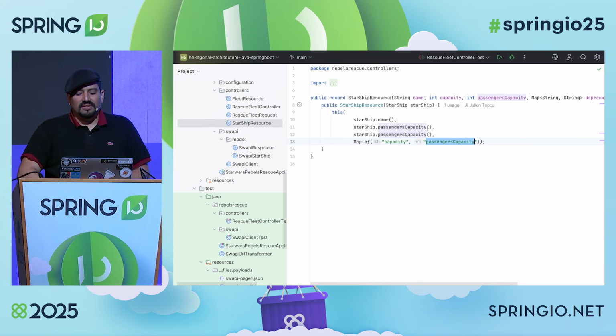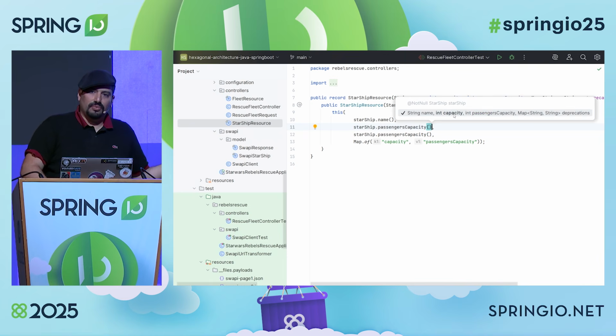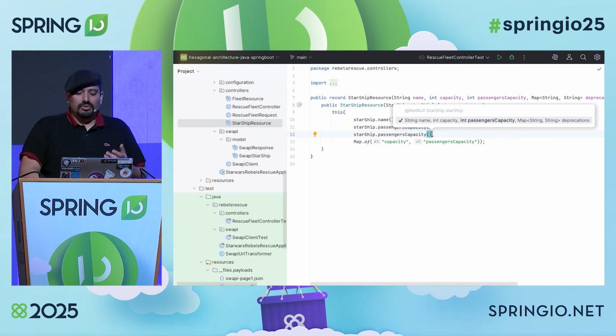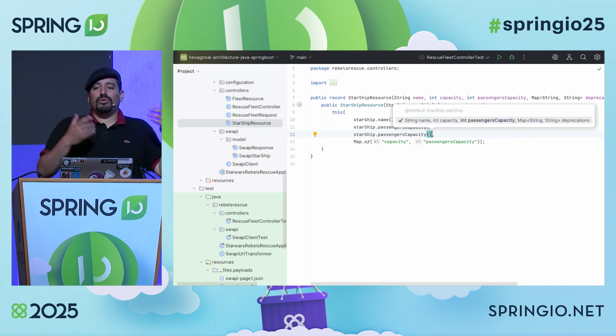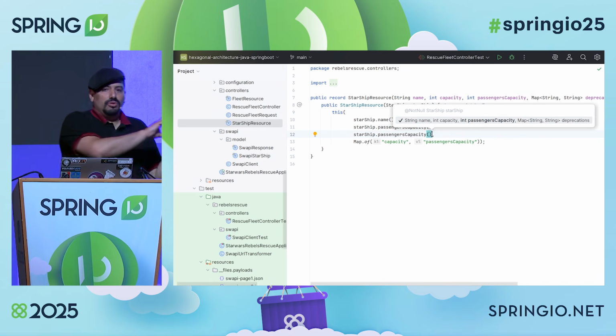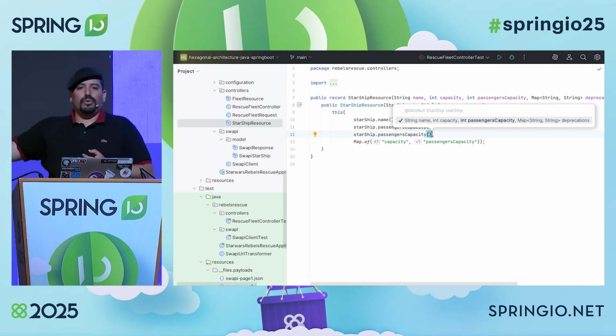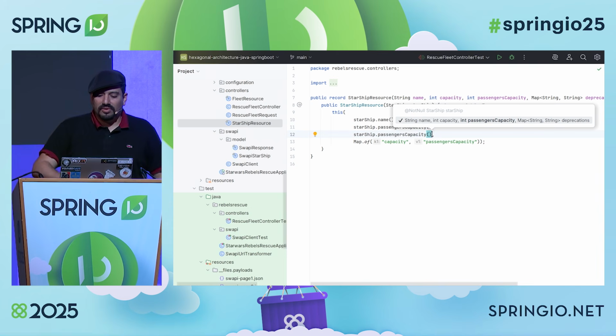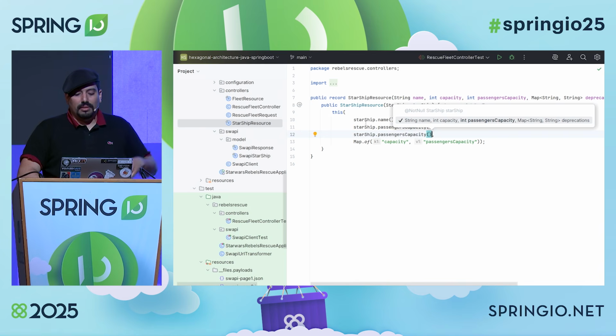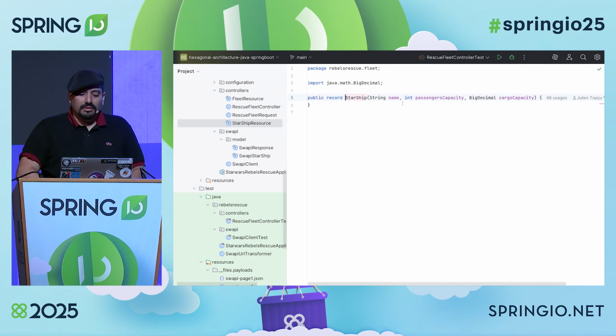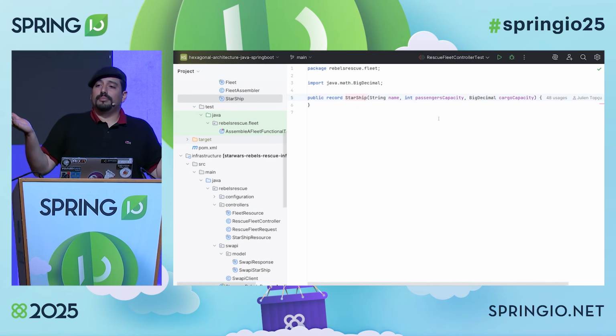And what is interesting is that here we are mapping twice the passenger's capacity of the domain: inside the capacity of the Starship resource for backward compatibility, and here in the new field. So then I can call all the consumers and say, you should no longer use that field. In 1 month or 2, it will be deprecated without having to break them, right? But on the domain, there is no mention of capacity anymore, right? And now you have a better decoupling.